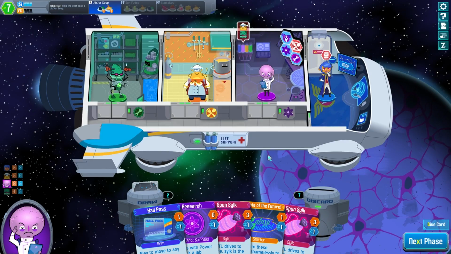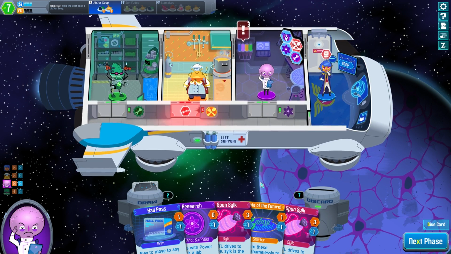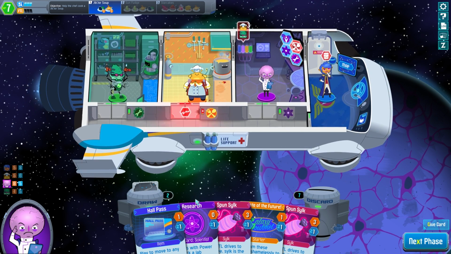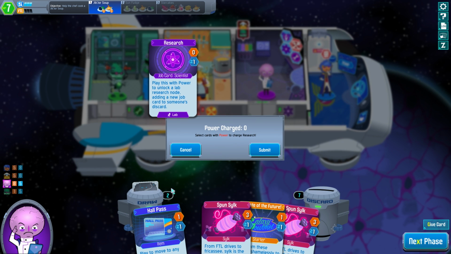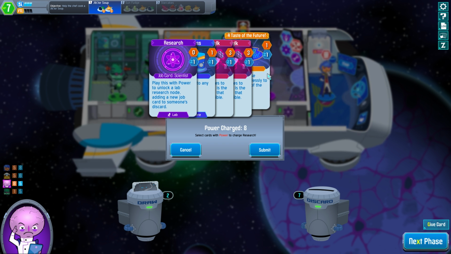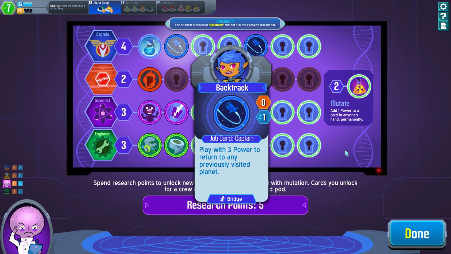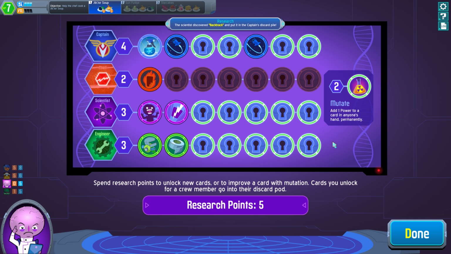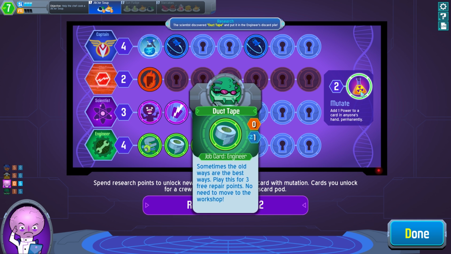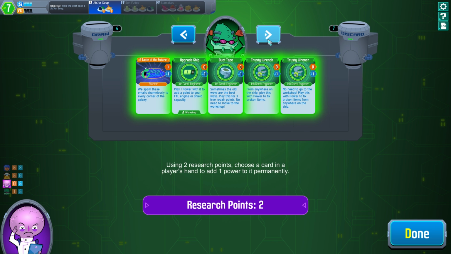Okay. And you can see here a pretty nice setup, because we've got research, we've got hall pass, 2 spun silk, and just a taste of the future card, which gives us 8 points to research in, which means we'll probably do the captain. Got another backtrack. We'll probably do the engineer. Gives us another duct tape, not terrible, and we can put some power into...